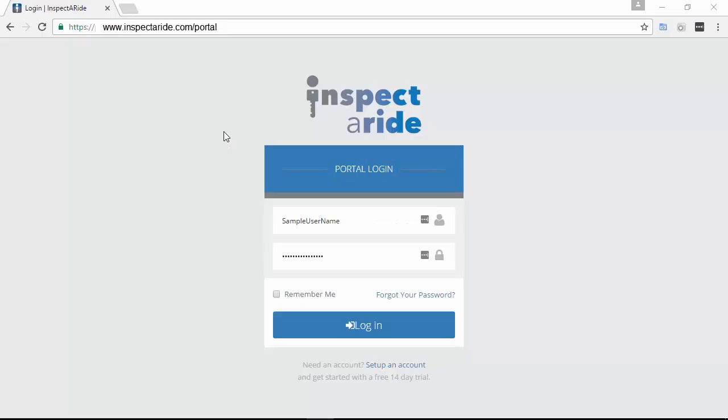This video will cover the basics of navigating the InspectARide Cloud Portal. The portal is where you can view previous inspections, create new templates, and manage your account in subscription settings. To access the portal, you can click on the Login button at the top of the InspectARide website, or simply